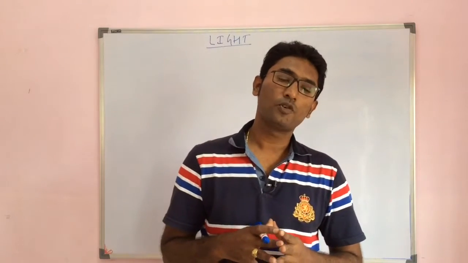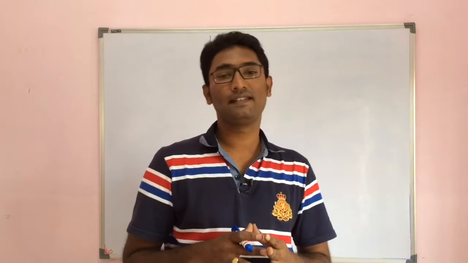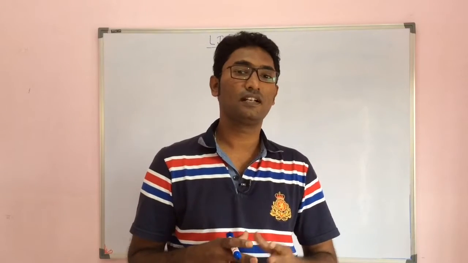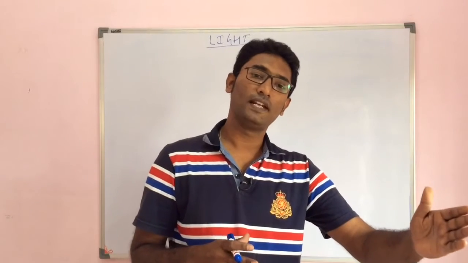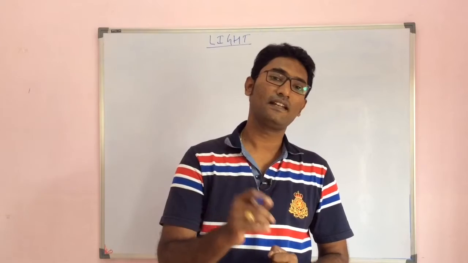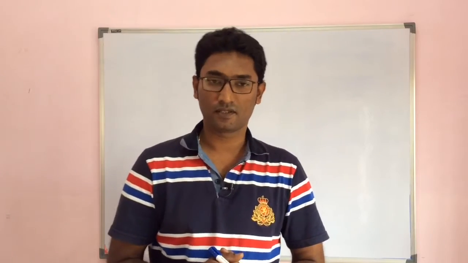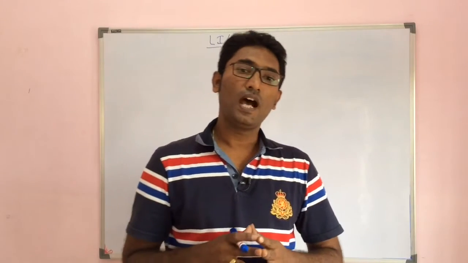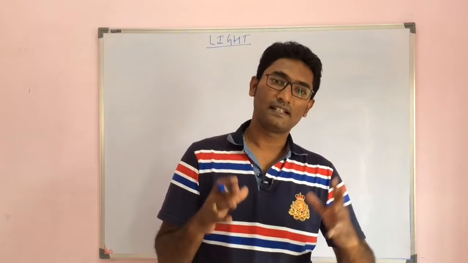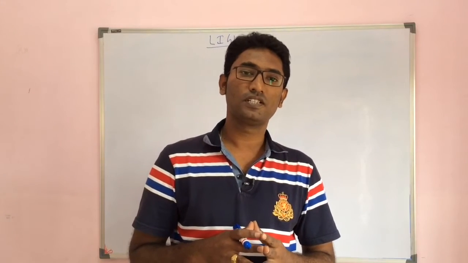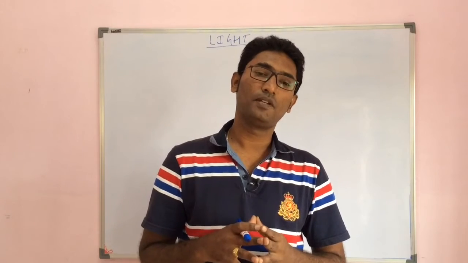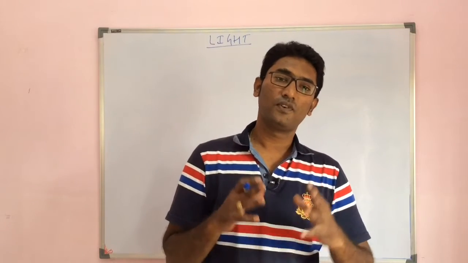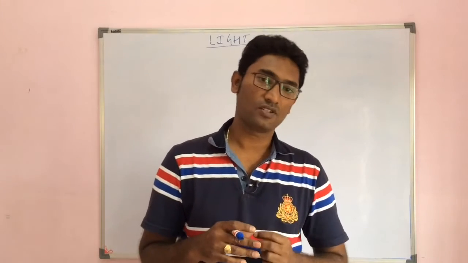Then de Broglie proposed one more theory of light, which says that light has a dual nature, that light can exist in the form of an electromagnetic wave as well as in the form of particles. In the class 10 CBSE exam syllabus, we are going to study the chapter light, and in this chapter we are going to study phenomena like reflection of light and refraction of light.